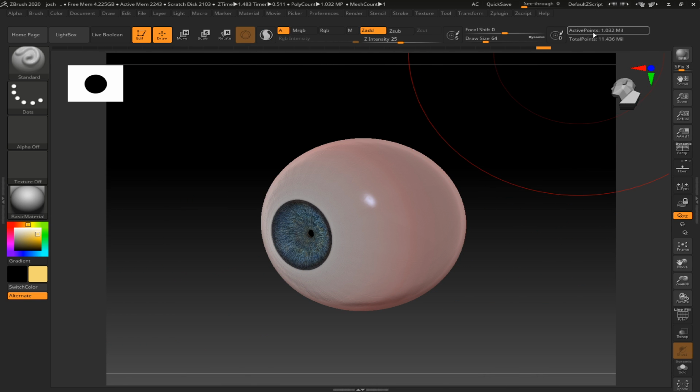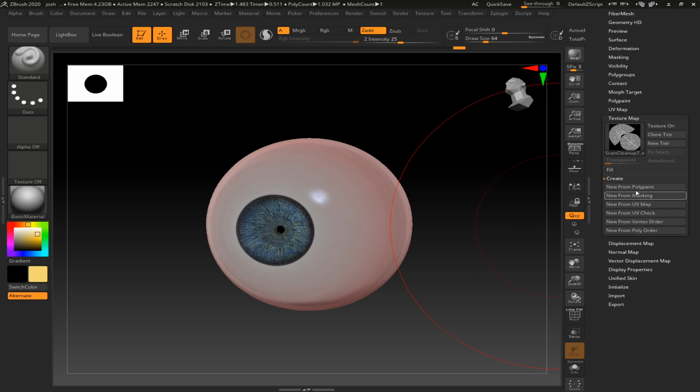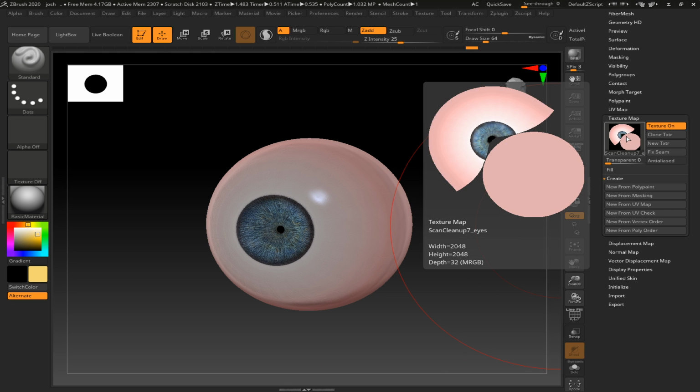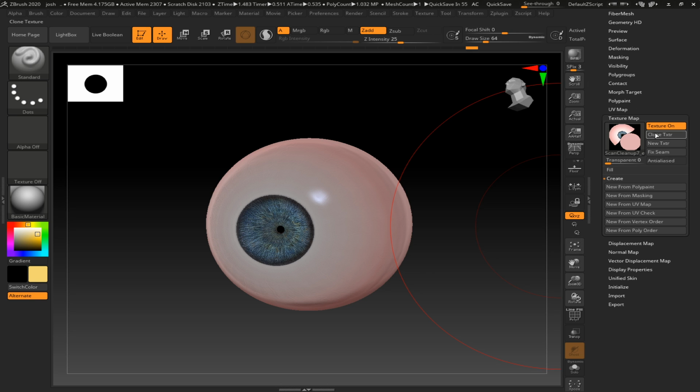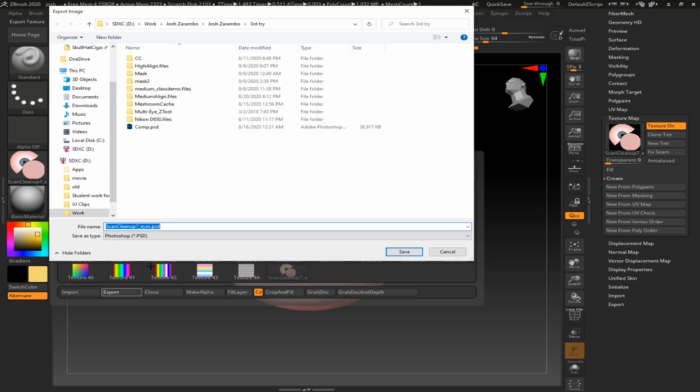So in this case, it's going to be a little over 1 million. And at the highest level, we want to click Create New from Poly Paint. And that gives me my eyeball texture. So now, click Clone Texture. That puts it in the texture palette. Click Export. And now we have a texture that we can